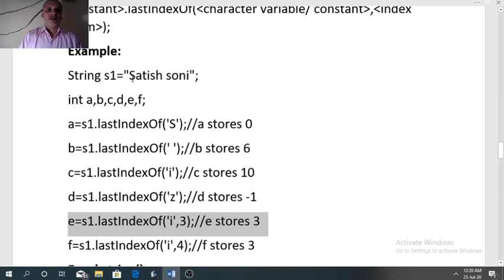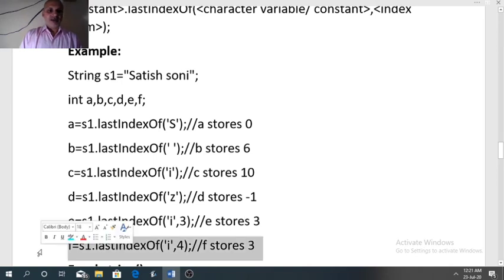So first we will see what is index number 3. 0, 1, 2, 3. So searching will start from I and it will go from right to left. First time itself it will find that character. So the index of I from index number 3 will be 3.